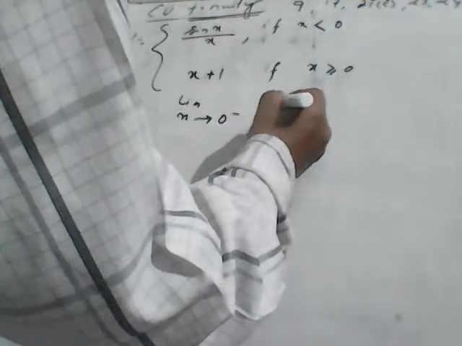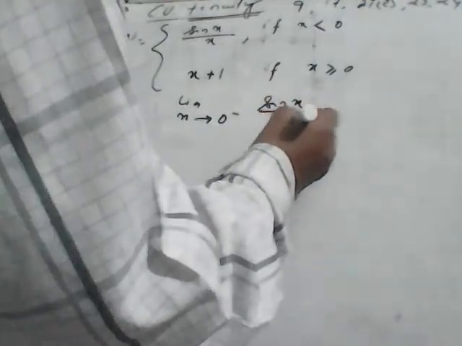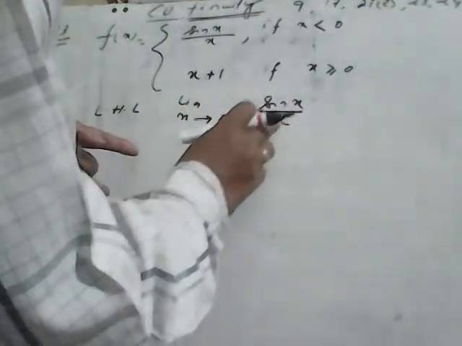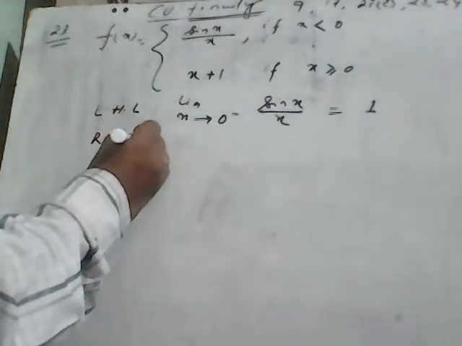When x is less than 0, f(x) is sin x by x. We'll write here sin x by x. You all know this formula: limit x approaches 0 of sin x by x is 1. This result is known to you, it is direct formula. Right hand limit. That right hand limit result is